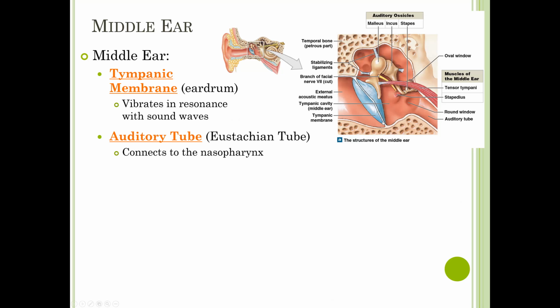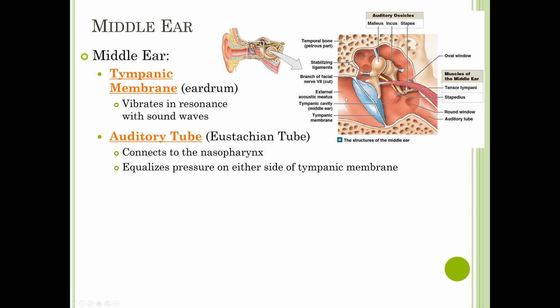You also have an auditory tube. And so you don't want to confuse this with the auditory canal, so it's probably better to call the auditory canal the external acoustic meatus. But you have the auditory tube that used to be called the Eustachian tube, and this one connects the middle ear with the nasopharynx, which is the upper part of your pharynx in your throat, the part that sits right behind your nasal cavity. And so because we have this connection with our nasal cavity, this allows the auditory tube to equalize pressure on either side of the tympanic membrane.